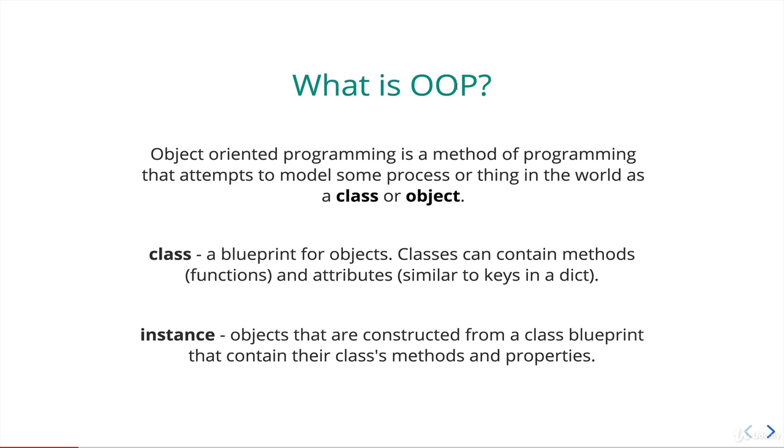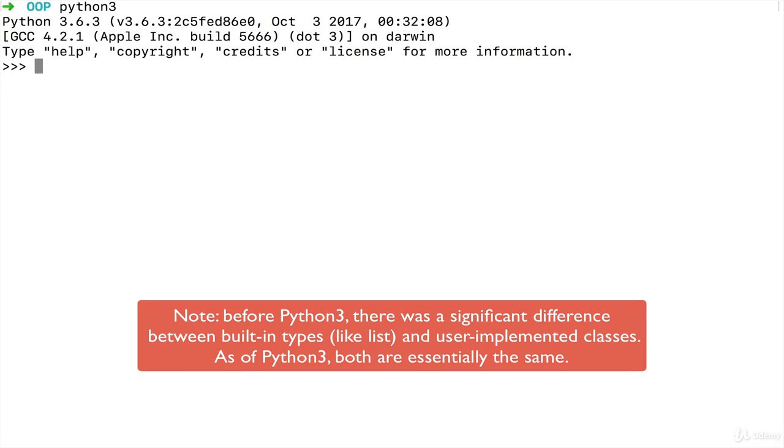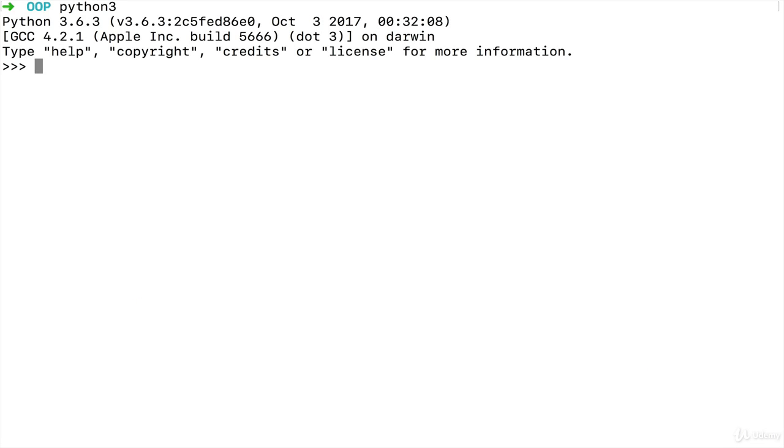And then we can use that cookie cutter to create the individual instances of that class. So we define the blueprint that says every user looks like this. And then when we use the term object or instance, it is an instance of a class. When we create a user object, it is based off of the user class. When we create a list object or a dictionary object, it's based off of the dictionary class. So yes, even though we don't know how to define our own classes yet, we've been working with classes nonstop in this course. So I have Python open in the terminal, and we've been using things like ints or lists